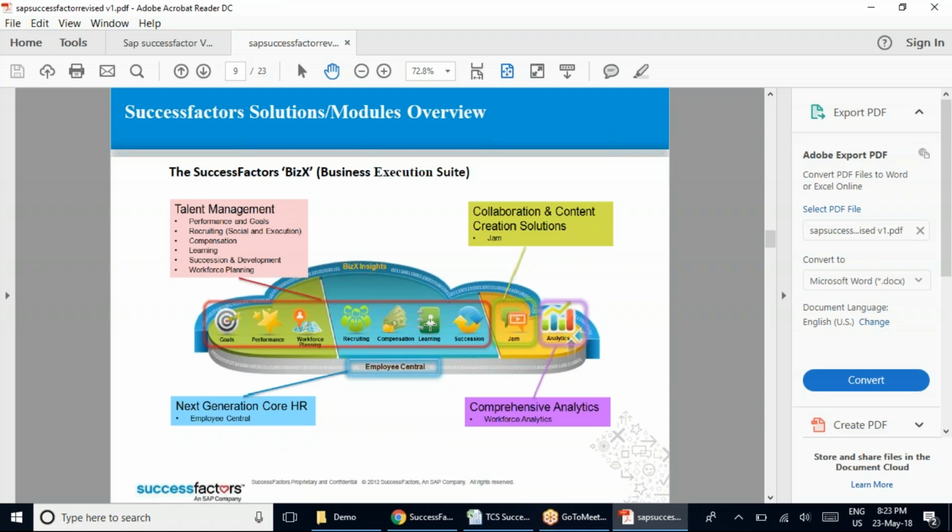LMS is an extremely big module. It is bigger than your Employee Central. This module itself requires somewhere around 35 to 40 sessions. So you can see, team, that this entire six modules that we have here, we are covering that into